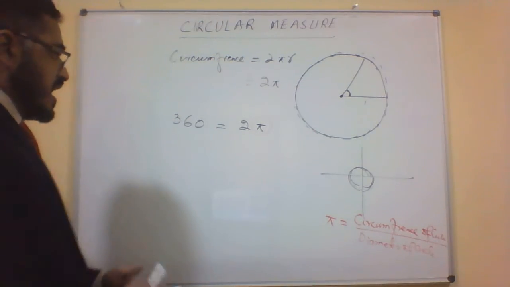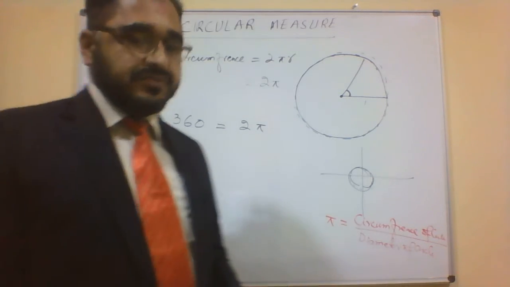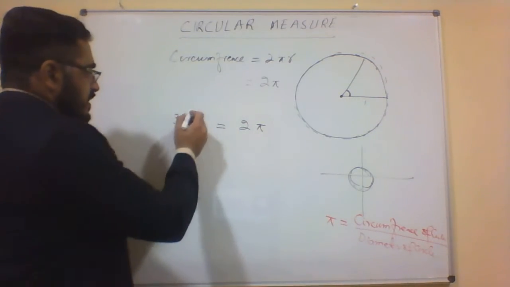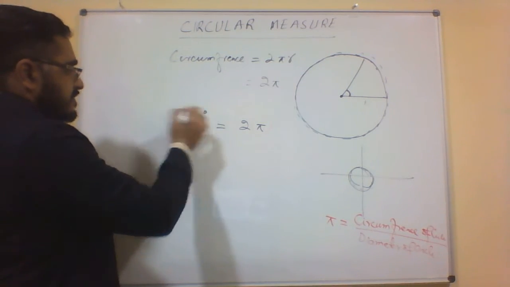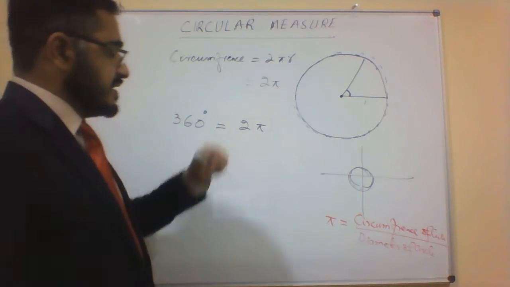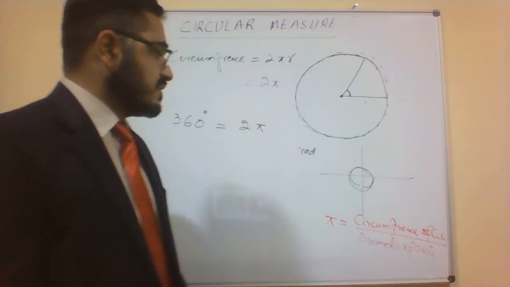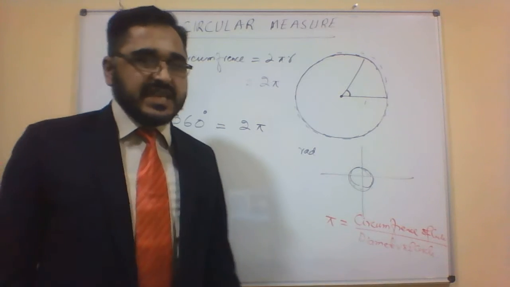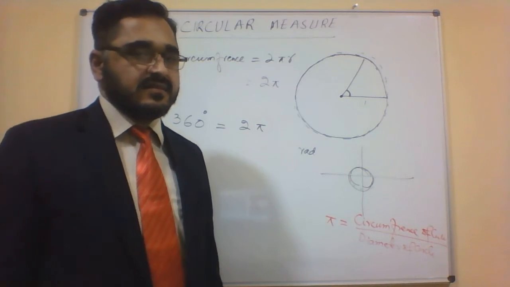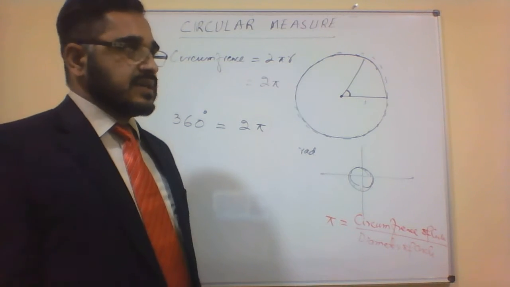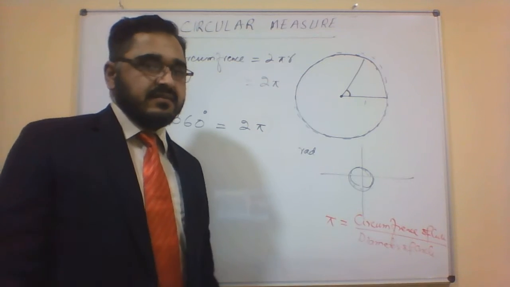Now here, how can we convert radian to degree and degree to radian. As this 360 is in degrees, this is the symbol for degree, and for radian we are using rad. But when we are using pi in any angle, then there is no need to write radian, because pi means it is always in radian.